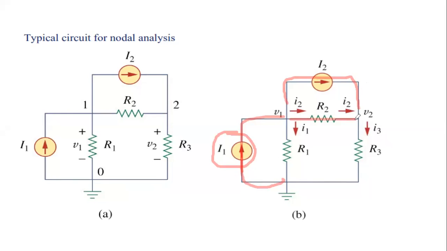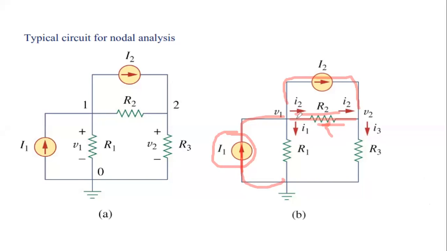So in this branch, suppose I take I2 and the two other currents are taken as I1 and I3. The direction of I2 can be anything. No problem at all. The direction of I2 can be whatever is given here, or it can be opposite to that also. I have already told you, you can take any direction of current, no problem at all. Similarly, I2 can be like this, or it can be opposite also.